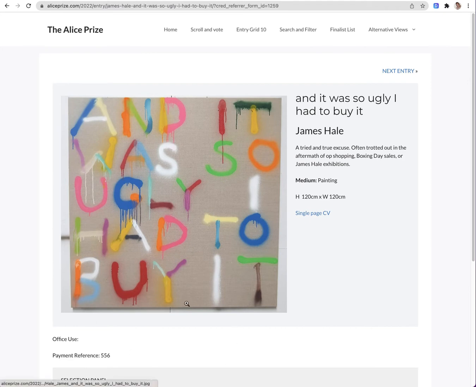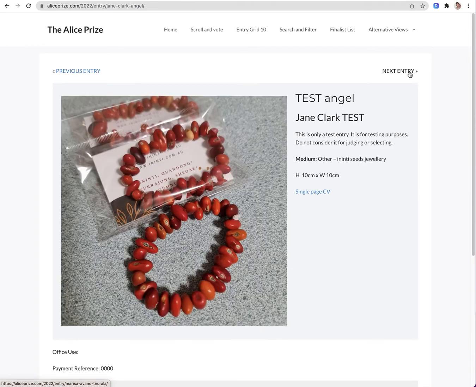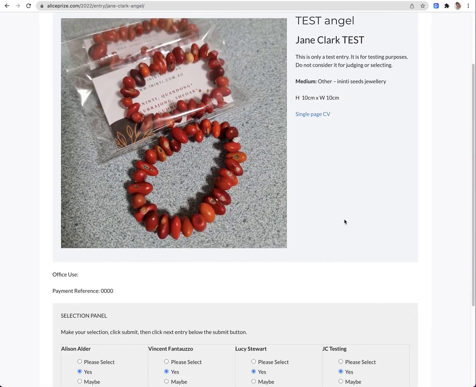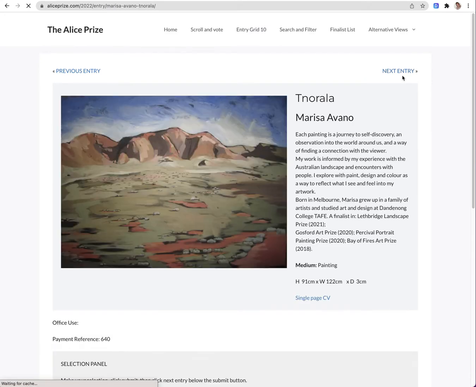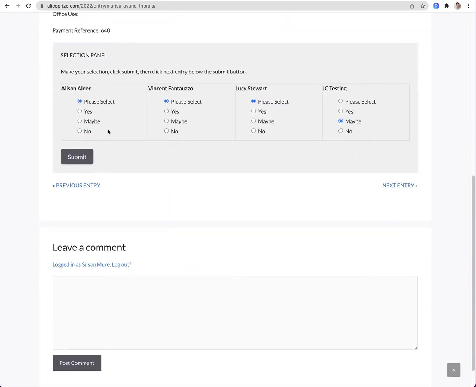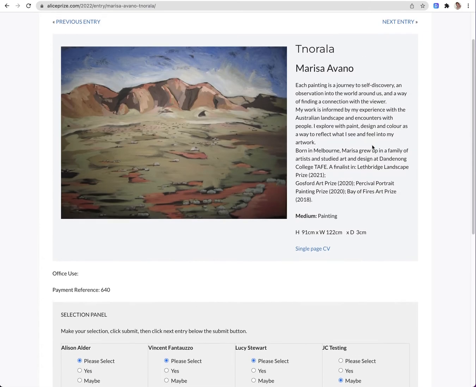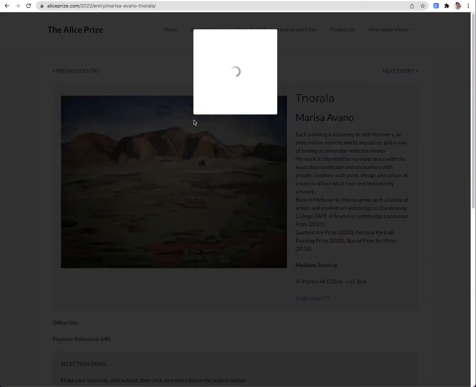So once you've viewed this entry, at the top of the page you can click to scroll through to the next entry. So that's why this one's the scroll and vote. This is just test data that I've put in. So you can go through to each entry and it's the same process. Register your vote, you can view it,